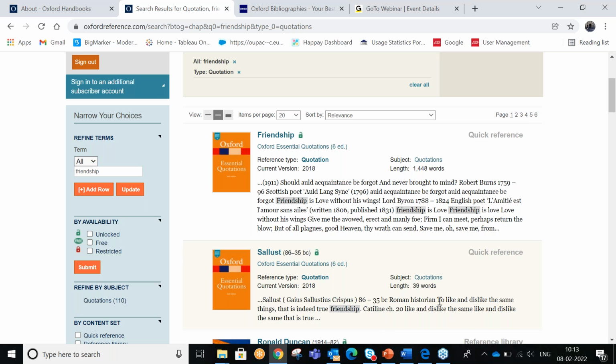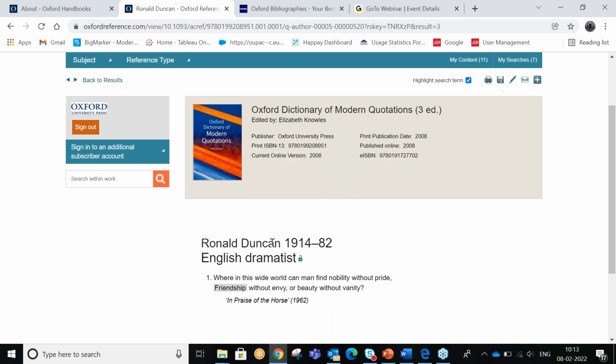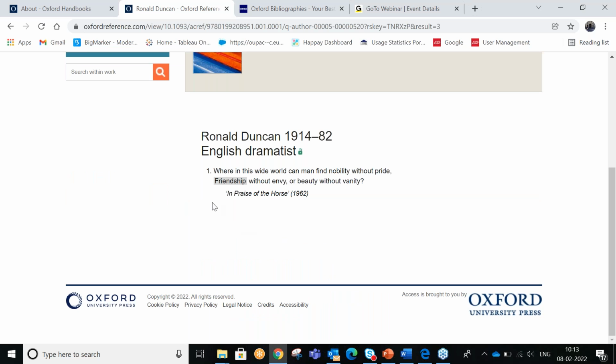This is interesting. To like and dislike the same things, that is indeed true friendship. You can actually see these from here. So this is a quotation by this. So if you want, you can always cite it